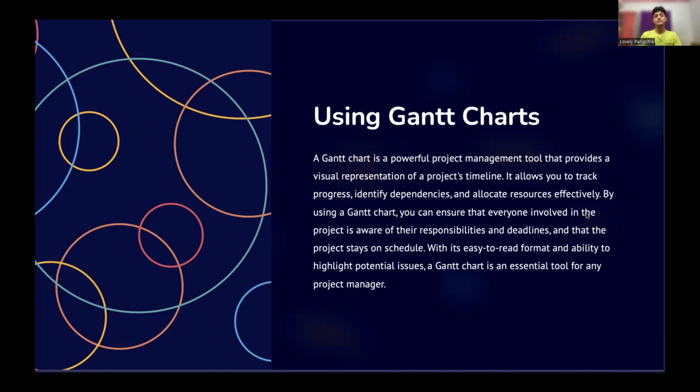And it also helps the project stay on schedule, as we discussed in the scenario in which team one wasn't always on schedule. In the initial part of the project, they thought that they were on schedule, but as the project progressed, they got to know that they weren't, and they were very much behind for the last part of the project. So they did the project in a hurry. That's why a Gantt chart is a very essential tool for project managers.